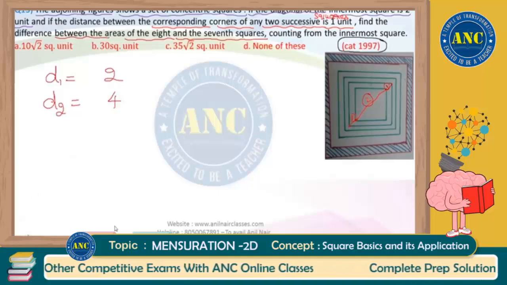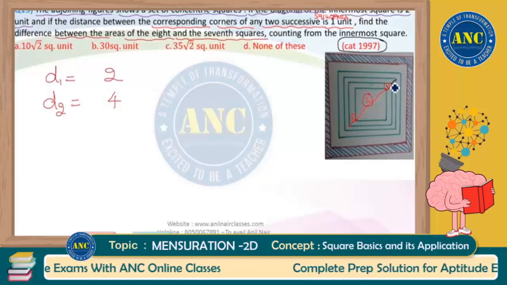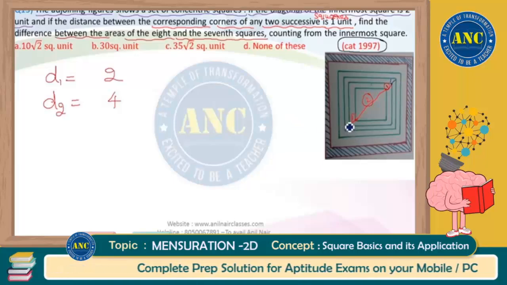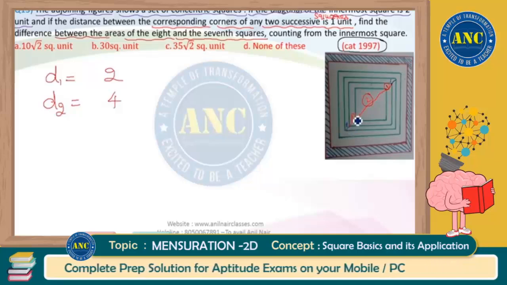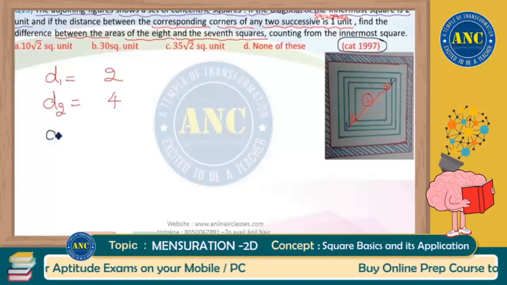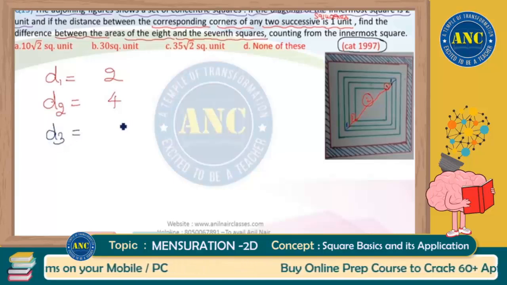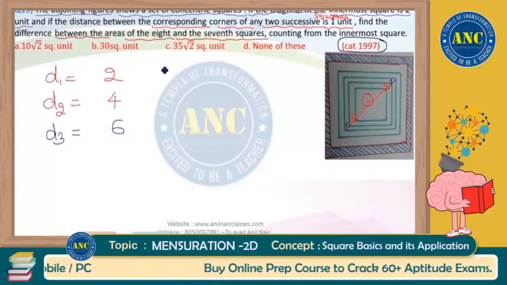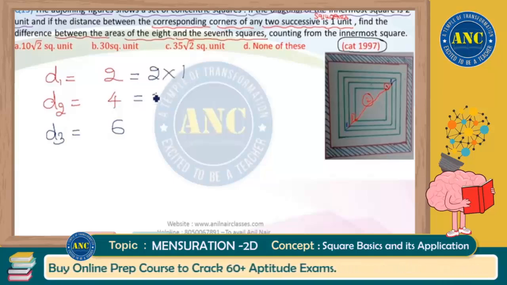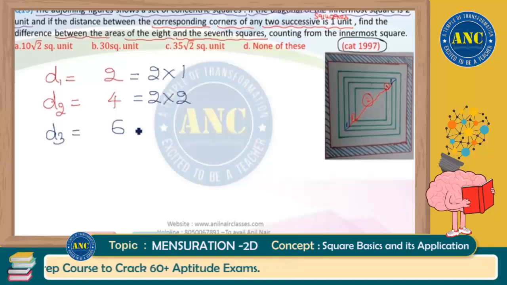Similarly, if I continue further, for third square this will be 1 unit. Here this will be 1 unit again. So 1 plus 1, 2, 2 plus 2, 4, 4 plus 1, 5, 5 plus 1, 6. That means diagonal for the third square is 6 units. That means 2 is nothing but 2 into 1. 4 is nothing but 2 into 2. 6 is nothing but 2 into 3. That means,